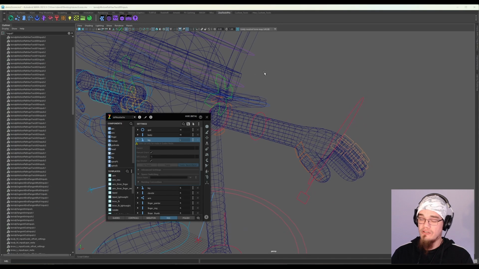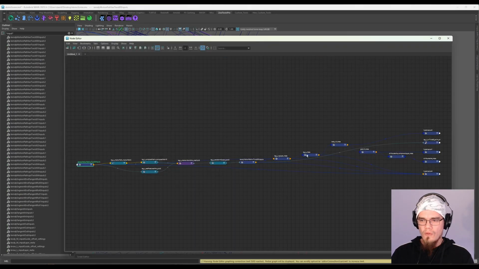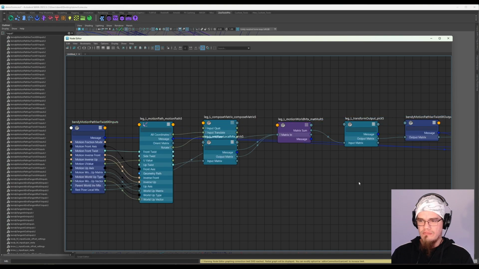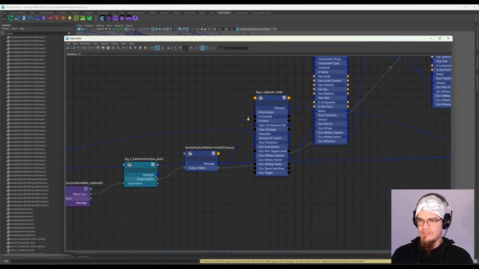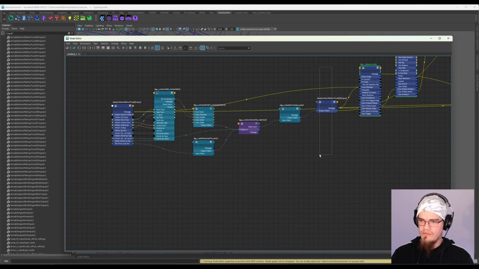Don't really need to worry about selecting the output. Let's just go with the input. If we take this and just expand the entire graph like that, so we can just see everything, you can see that we have all the meta nodes there. But if we look at this node here, which is going to be the other important one,